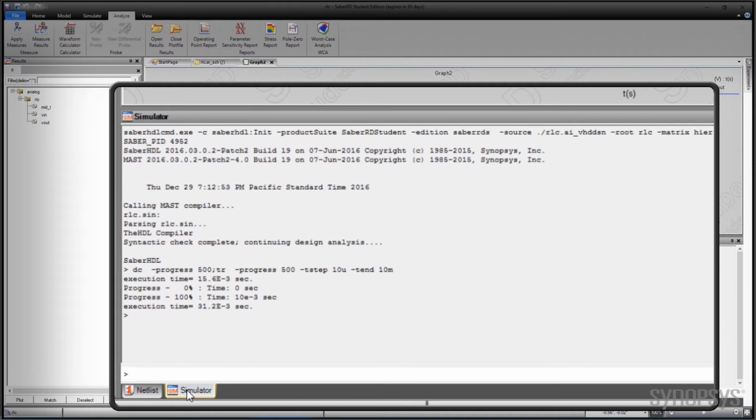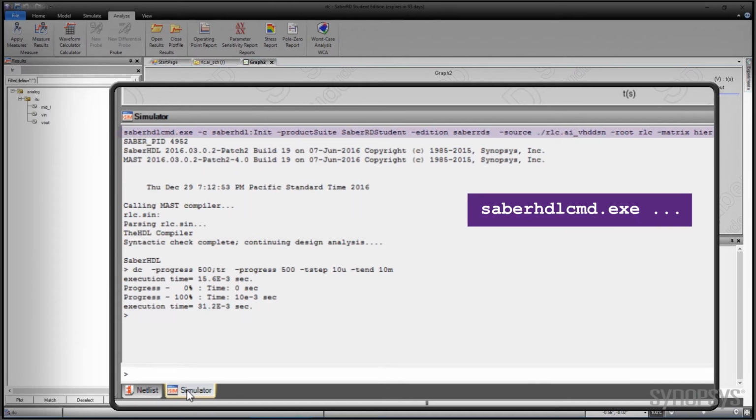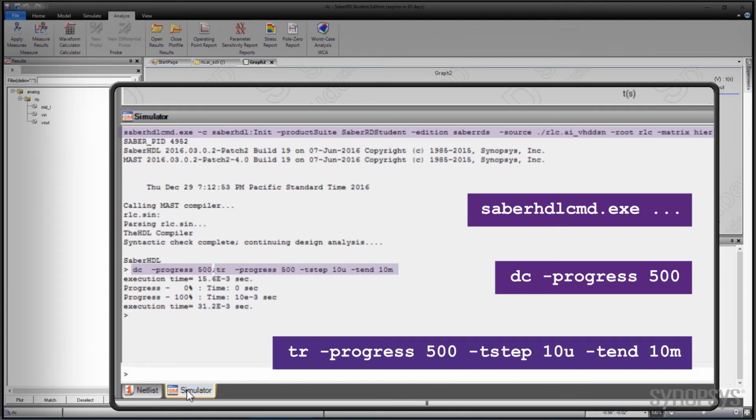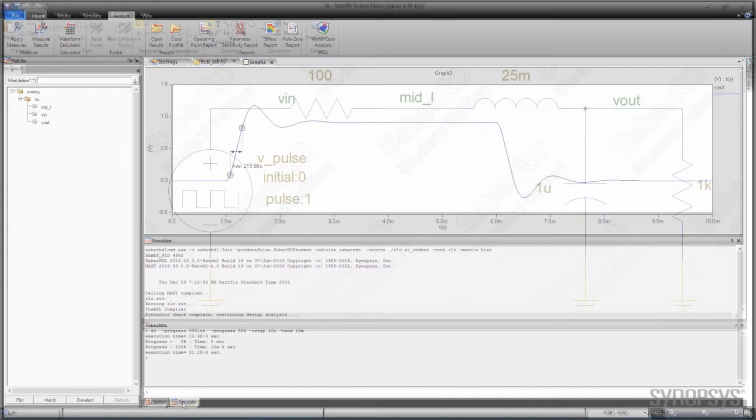We select the Simulator Transcript tab. After the netlist was successfully created, it was read into the simulator with this command. We see a line that lists two commands separated by a semicolon. The first is a DC analysis. This establishes a starting operating point at time equals 0 for the start of the transient analysis. DC analysis is discussed in more detail in a different section of this training course. The second is the transient analysis command itself. It is good to become familiar with these transcript windows because it can help you troubleshoot errors if they occur.